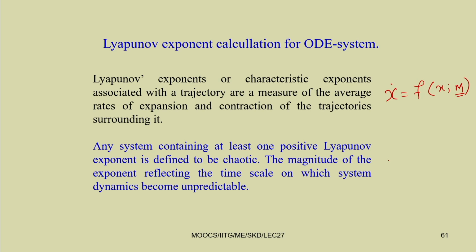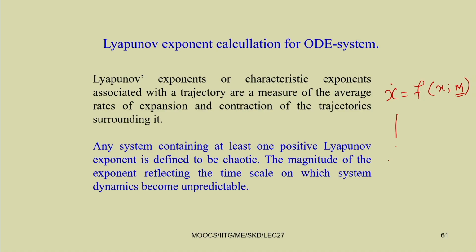So, if you start with different initial conditions, if it is a fixed point response, then with whatever initial conditions you are starting, it will always go to that same point. You start with this or you start with some other point. This is your x versus t if you plot. So, x versus t, let me plot; this is time. In case of the fixed point it is going to this.